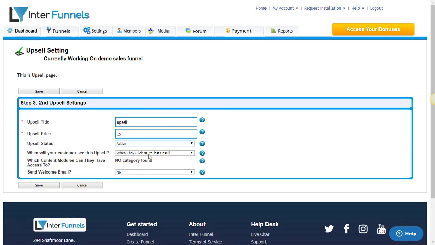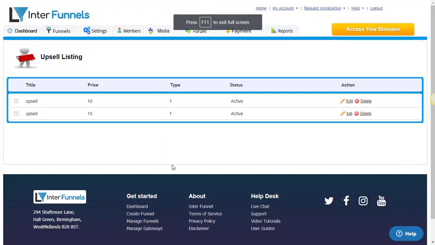Now if you want to make it a downsell, you will select this option. When will your customers see this upsell? When they click no to the last offer. Okay, so this will become a downsell, but I'm gonna make it an upsell, so I'll choose this one. Now as you can see, the 2 upsells have been created. So I will go back to my funnel steps, and now